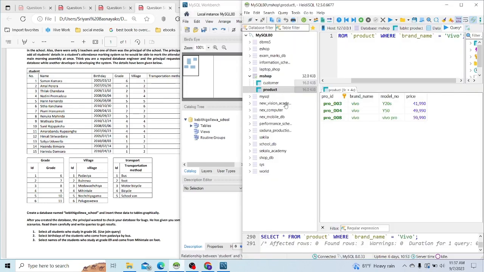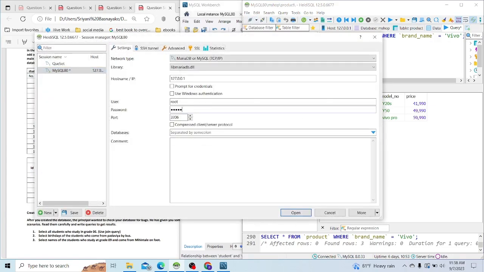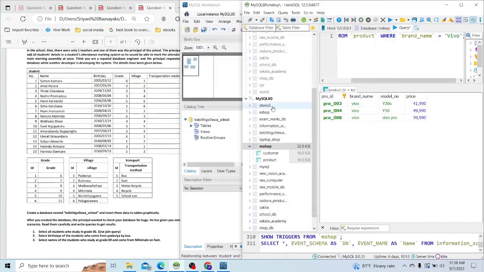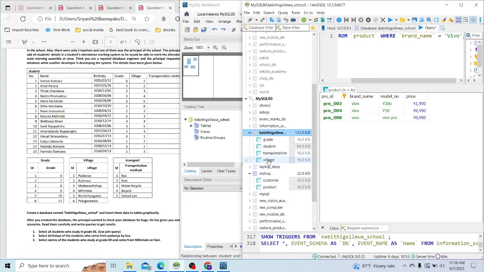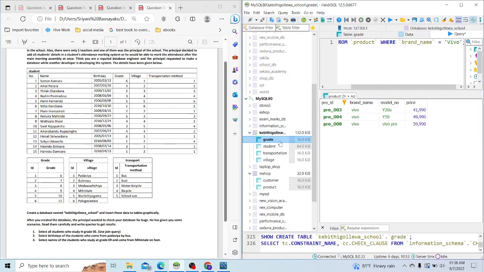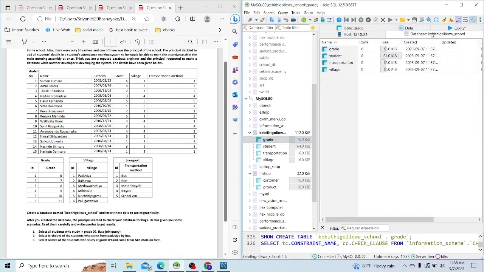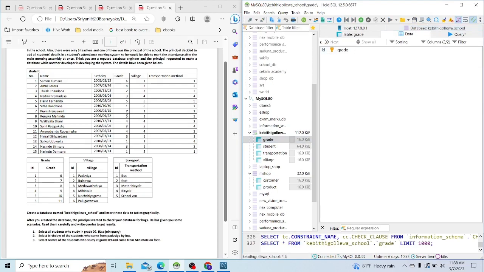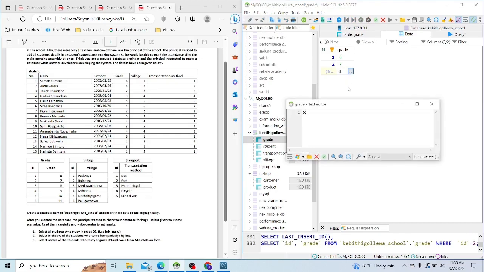So now let's go to our SQL. So here's the database we created: grade, student, transportation, and village. So I'll minimize this, and we should add this data graphically. I'll go to the first. We should add the grade, village, and transportation tables first because we should select from them to fill this student table. So I'll first go to grade and add